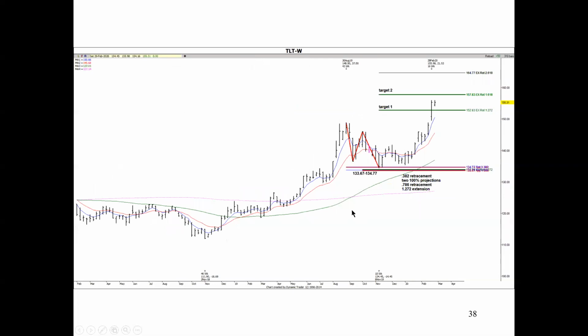And then this is one that just started to fully play out. Actually, we met 2 targets in TLT. This is a weekly chart in TLT. This is also a price cluster, but it's a 2-step pattern, which includes a price cluster that we had in TLT. Now, one of the projections was, I took 100% of this first one down, projected it from the lower